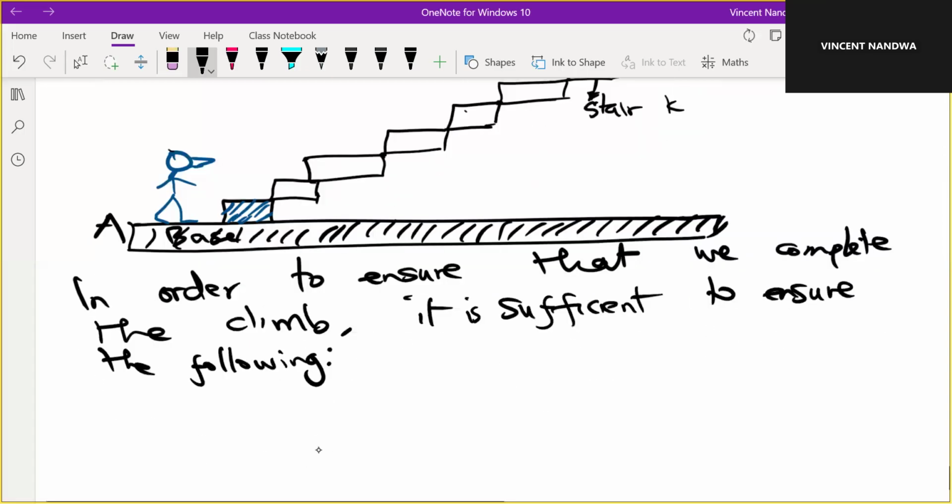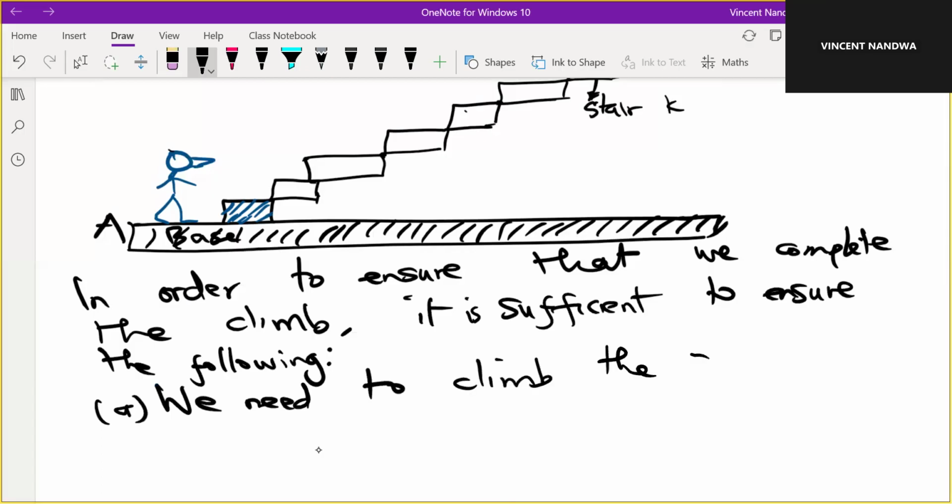So the first thing is that we need to climb the first step. We need to climb the first step or the first stair. So then now, once we have climbed the first stair,